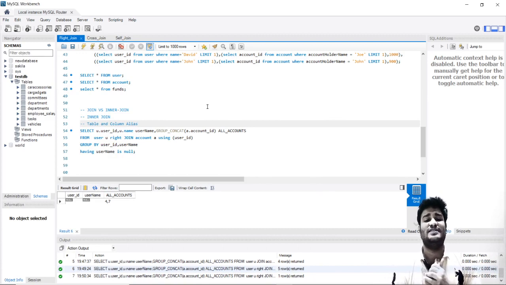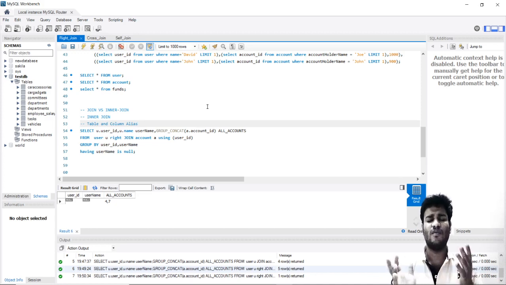So this brings this chapter to a close, and I'm keeping this chapter very short because we have mostly understood the meaning of joins and how exactly they are used. In the next chapter we will be discussing cross join and its usage, and then self join.